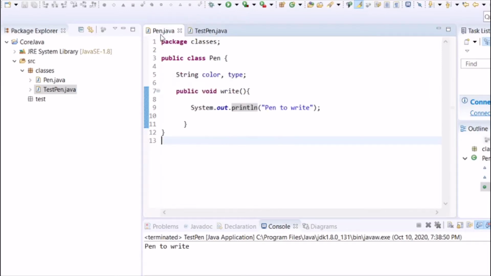Now let's try to modify this write method to print the properties of a pen which we have assigned. So how to do that?